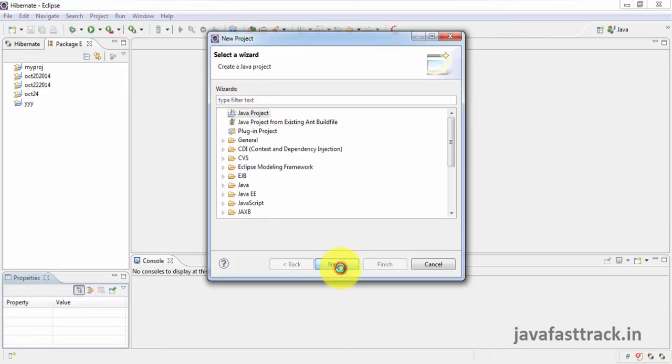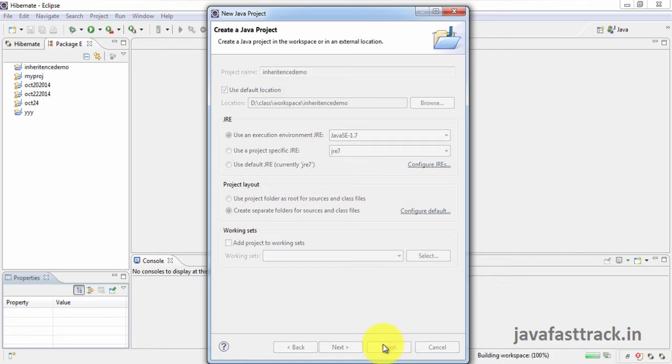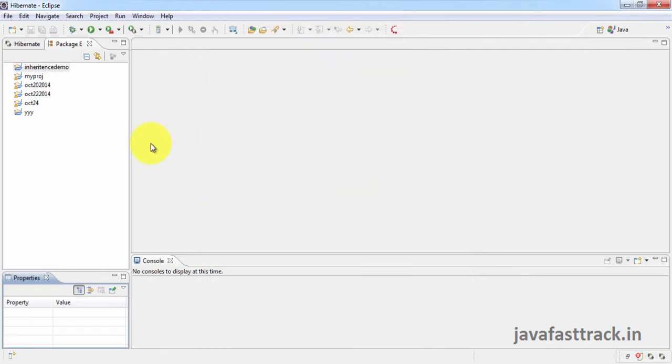I create a simple Java project. Here I do everything manually. I name the project as inheritance demo. Click on finish. Now we have the project ready.